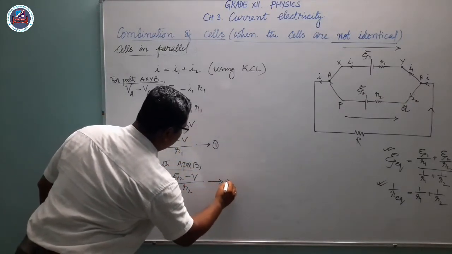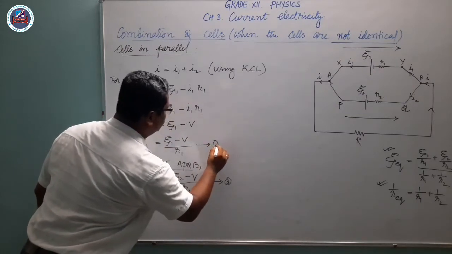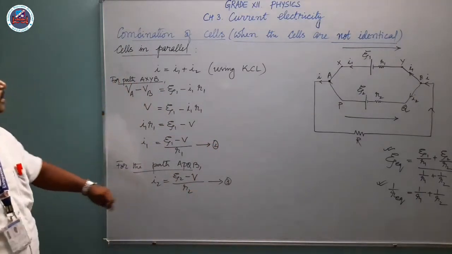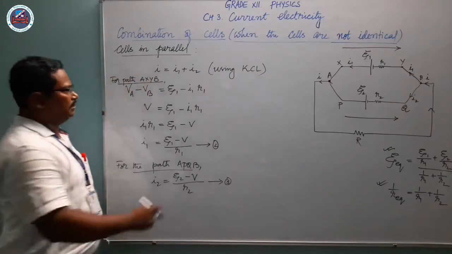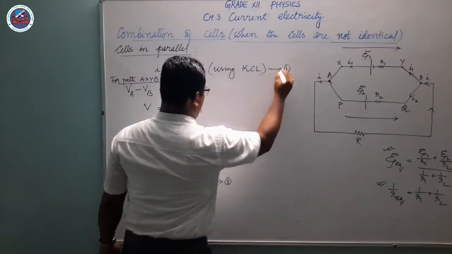Let it be equation number 3, and this one is 2. Now this I1 and I2, if you put it in this equation, if I mark this as equation number 1,